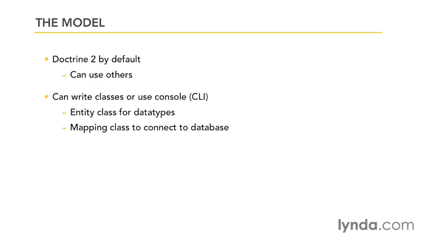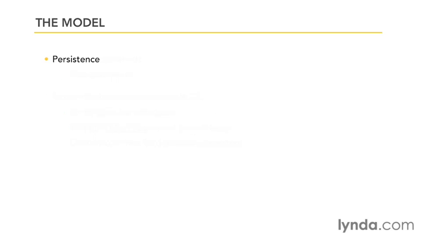You're then going to map your class, your entity class, to connect to the database. Doctrine can actually handle the generation of your database tables and fields. Once you've created these classes, you'll use Doctrine to persist the data. Whenever you make changes to the mapping class, it will save those changes to the database. For example, if you add a new instance of an entity class, it will create an insert and insert it